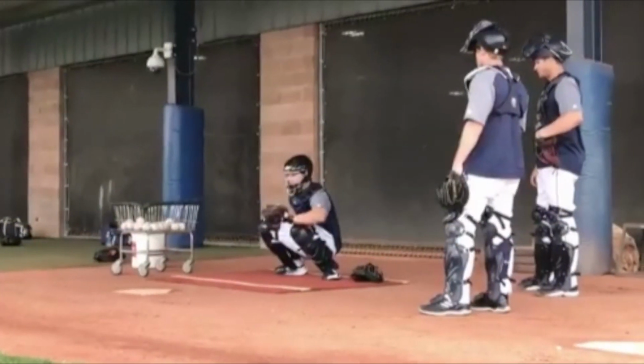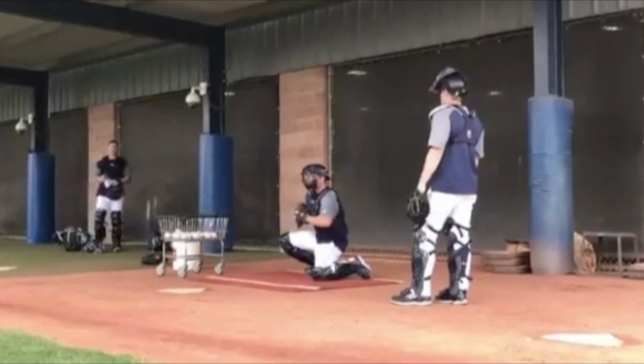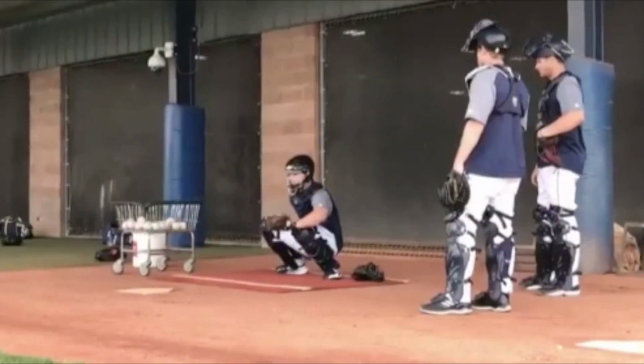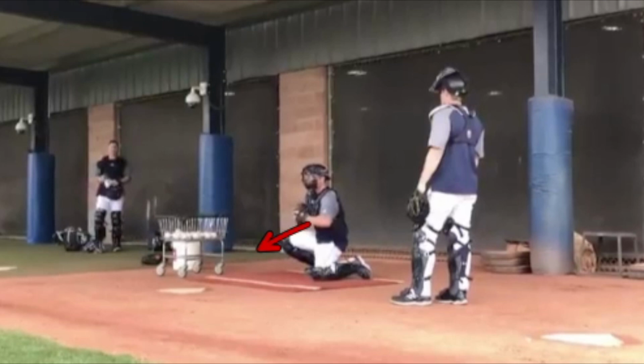And the other thing we tell our catchers is to give a low target. In my opinion, the hardest ball to get to is that low ball, right? The hardest ball to keep in the strike zone. So the ball's really coming down. It's a low pitch. That's the hardest one to beat to the spot. And if you give a lower target, it's easier to beat the ball to the spot and catch the bottom